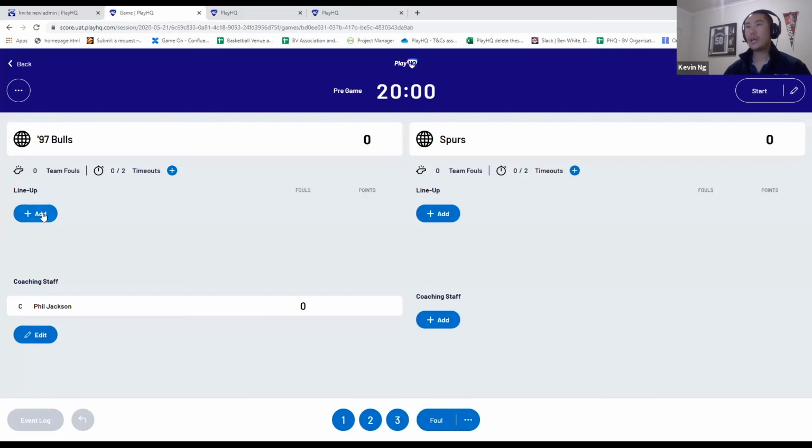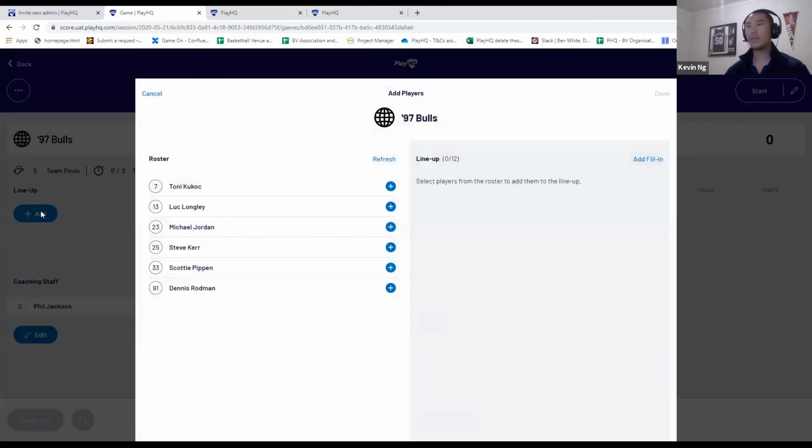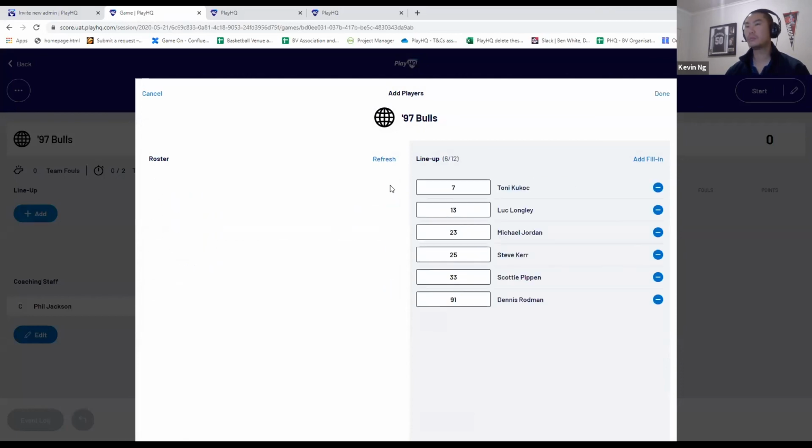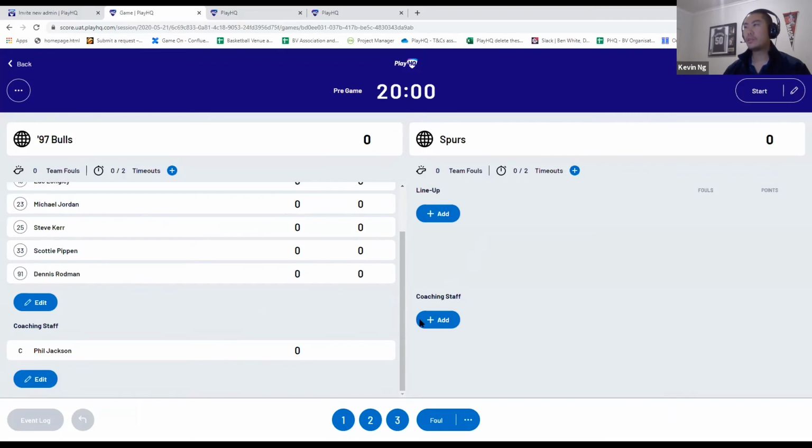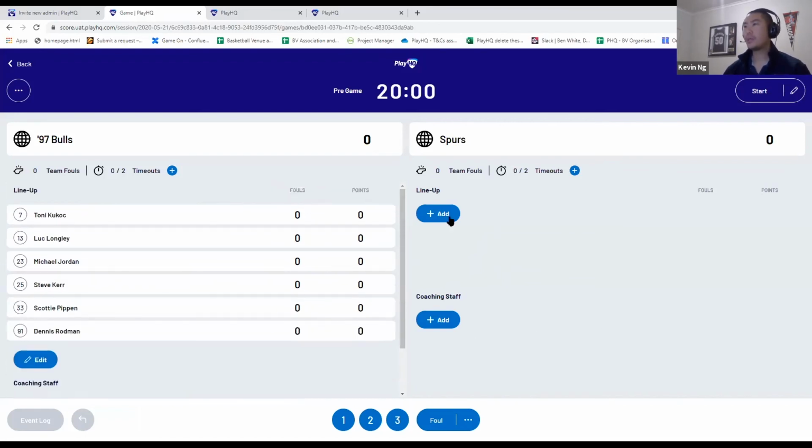and you can add players to the game. These are the players that are registered to this team and have been allocated to this team. So I'm just going to tag them all into the game, and hit done. Over here, the coaching staff, the head coach, is also automatically added into the game. Now for this team, I don't have any players preloaded, but I'm going to show you how